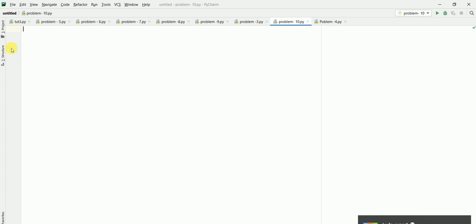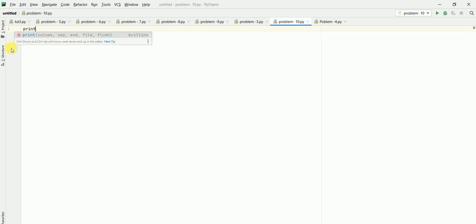The simple way is print. If you decide to print, you write print. If you write pr, the option will appear, so you select print.